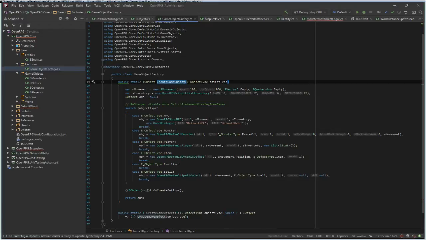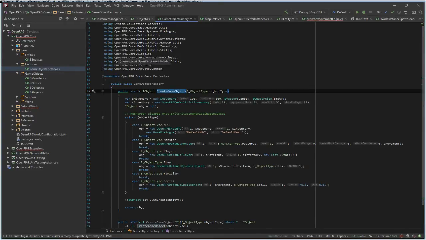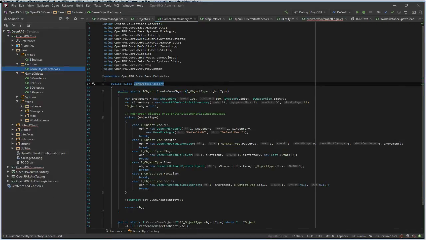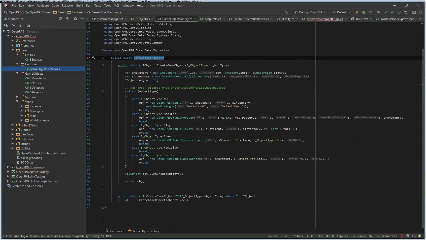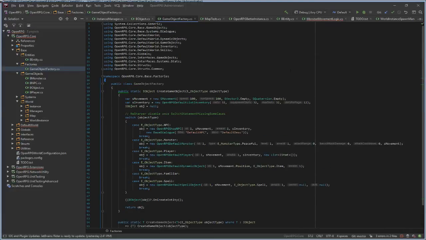But except that I never use this, where T is game object type. Oh, okay. So I never use this method. So I'll have to start using the game object factory. I'll also have to implement game object pools and some more stuff for optimization.